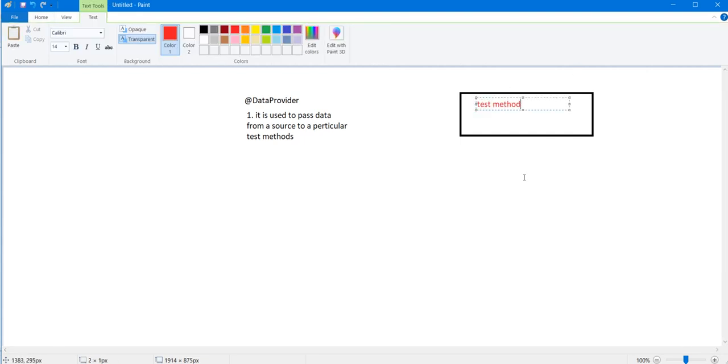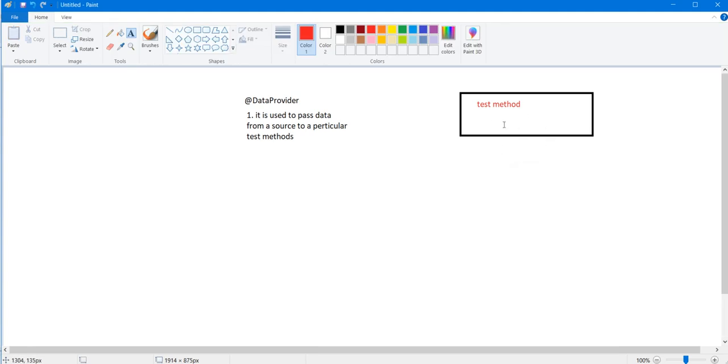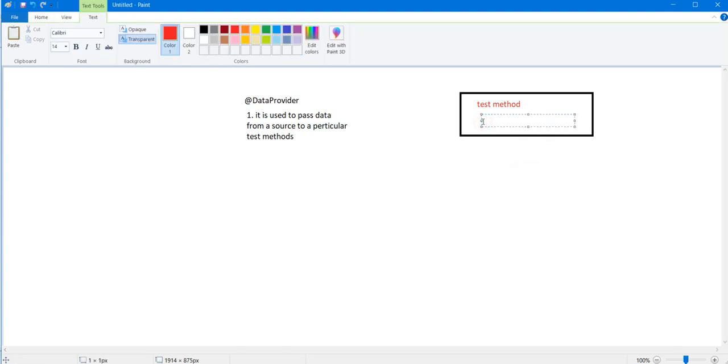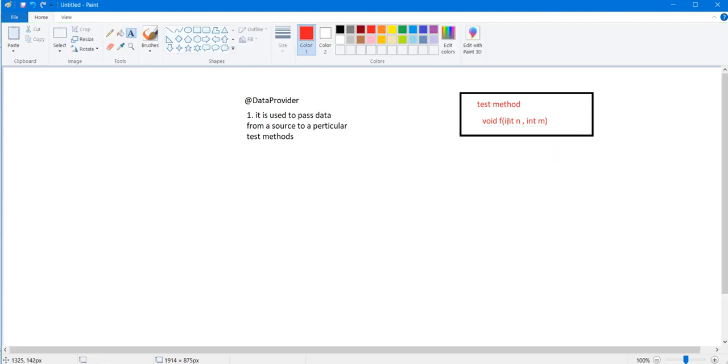Okay, and I want to pass some parameters. There is a function, void f, and it consists of int n and int m. Okay, it consists of two parameters. So if I want to supply data to these variables, guys, how can I do it? I can use data provider for that.